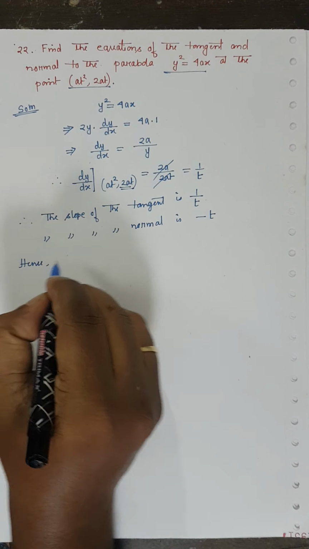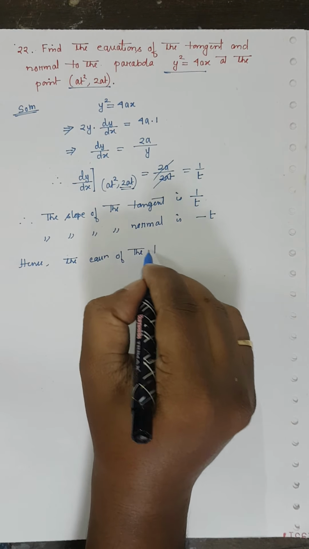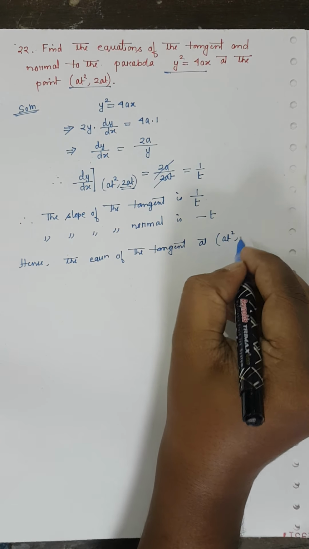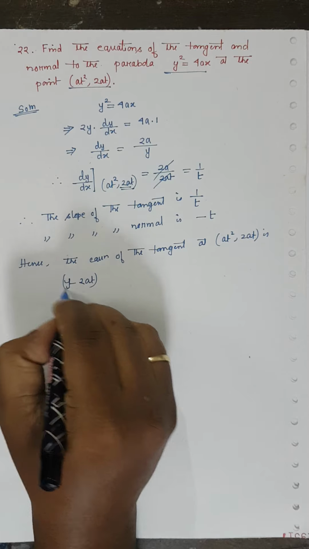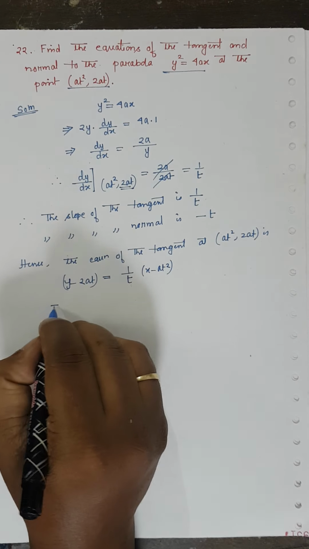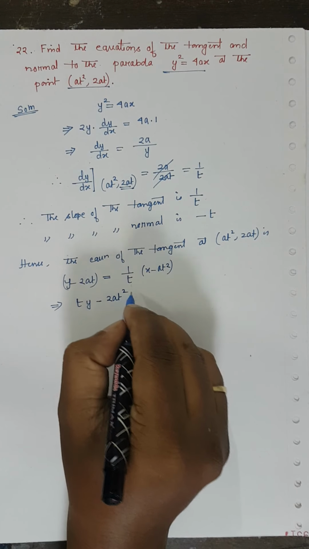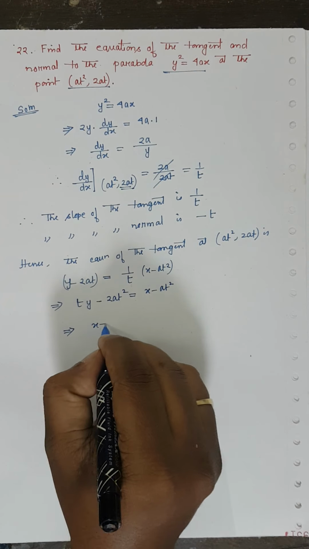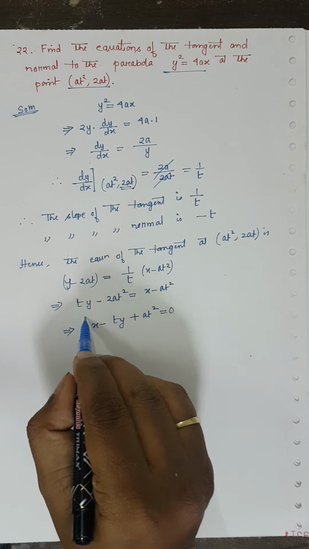Hence the equation of the tangent at at square comma 2at is y minus 2at equal to 1 by t into x minus at square. Now if you multiply, it is t into y minus 2at square is equal to x minus at square. So upon simplification we will get x minus ty plus at square is equal to 0. This is your required equation of